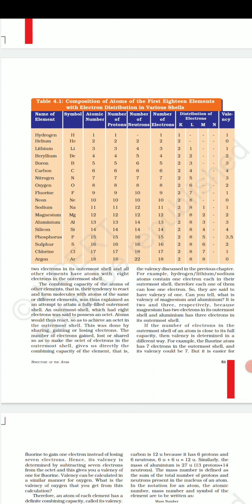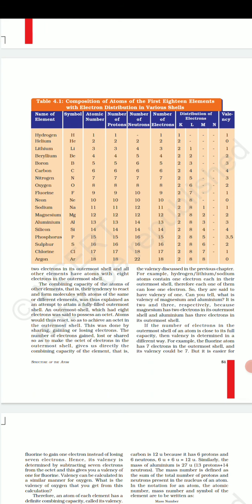For hydrogen, one electron is there. This one electron will go in K shell. For helium, two electrons are there. Both the two electrons will go in K shell. Now, the first shell cannot accommodate more than two electrons. So this shell will remain here only. In the case of lithium, three electrons are there. Two will go in K shell because K cannot accommodate more than two electrons. The remaining one electron will go to the next shell, L shell.